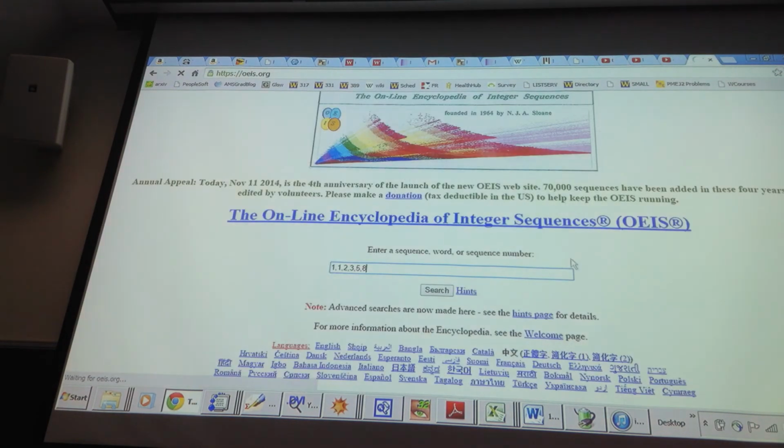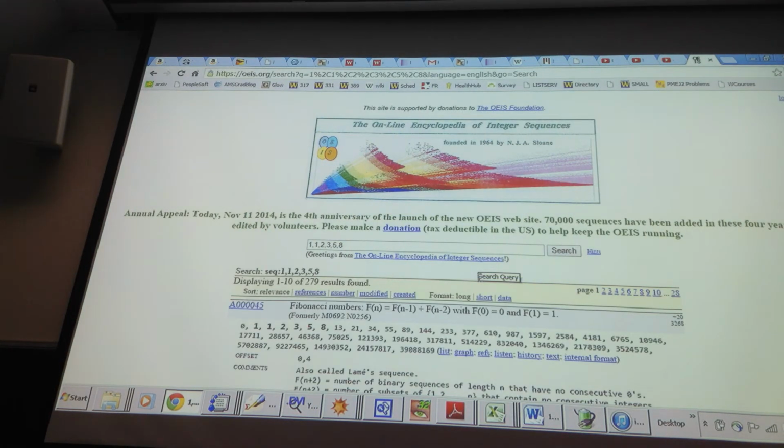Definitely connected to the web because I'm uploading. Wow. Alright, there we go. So it found 279 results. What do you think I could do to have something more useful than 279 results? 13. If I add 13, I now go from 279